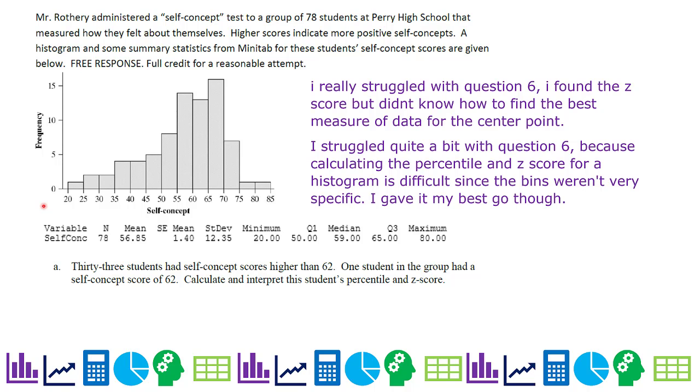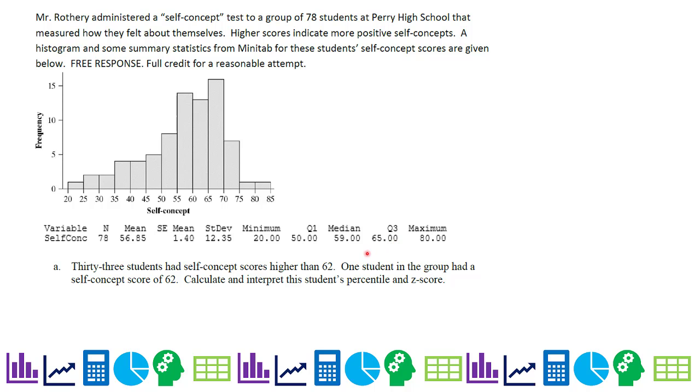So I really struggled with question 6. I found the z-score, but I didn't know how to find the best measure of data for the center point. Calculating the percentile z-score for a histogram is difficult since the bins weren't very specific. Well, here's the trick. Do you see all of this? These are statistics. So you have mean, you have standard deviation, that's SE is standard error as well. And we have Q1, we have Q3. So we have a lot of information here, more than you think. So first of all,